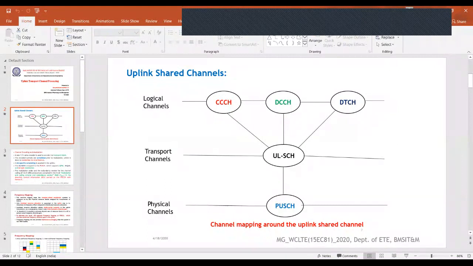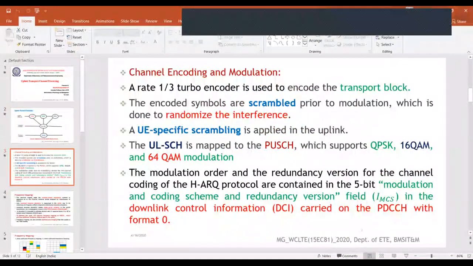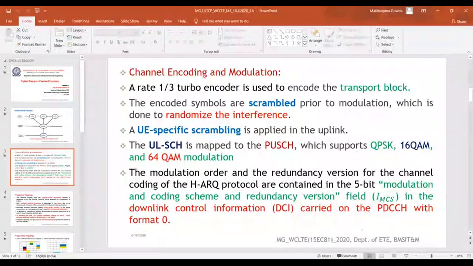I said what type of coding is used: turbo encoding with a coding rate of 1/3 for every transport block. I said the encoded symbols are scrambled before modulation to randomize the interference, and it uses user equipment specific scrambling, right?